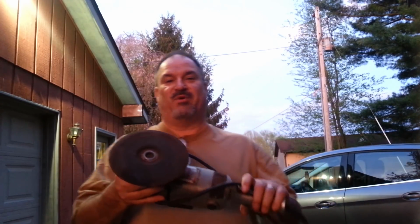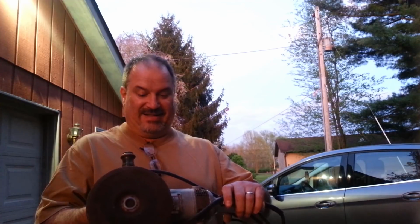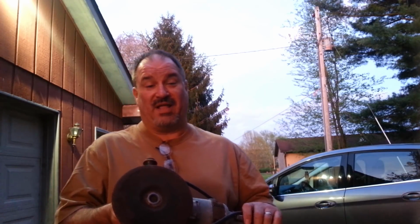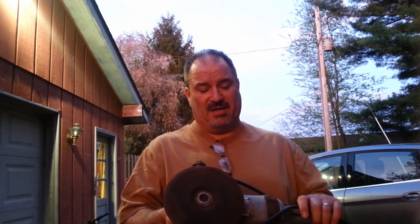My dad had that tool all his life. It was one of the first tools he bought. And I lost it for him. And so I've been looking for one, and I've seen them listed a couple times on Craigslist way out of state. But if I find the exact model, I'll buy it again, because